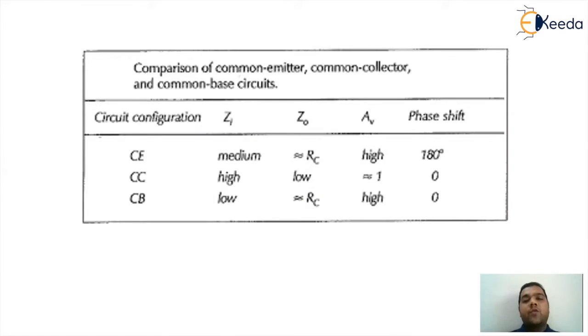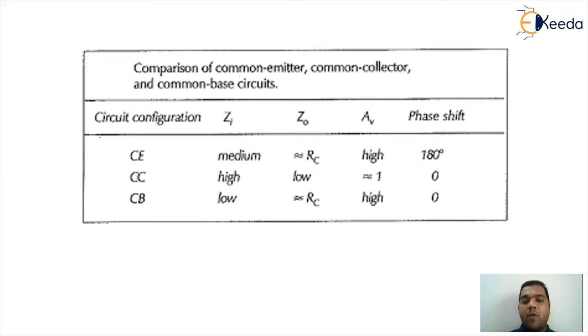So here we are trying to compare the family of voltage amplifier, where there are three categories of BJT amplifier: common emitter, common base, and common collector amplifier. So they were also defining the configuration of the amplifier. Whenever we talk about the input impedance, output impedance, and gain, these are the three basic properties of an amplifier. For the common emitter amplifier, the input impedance will be of the medium range, output impedance RC, and the voltage gain is going to be high.